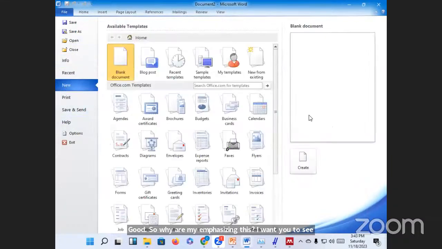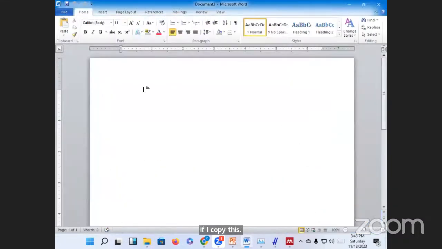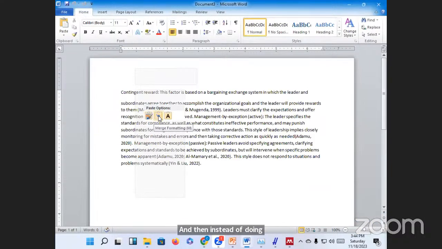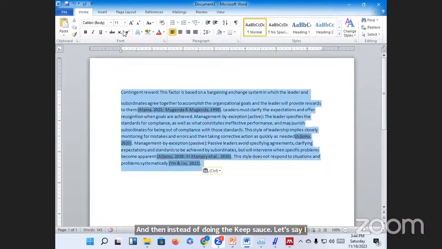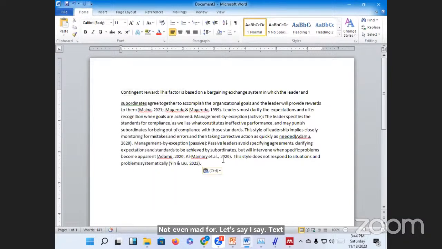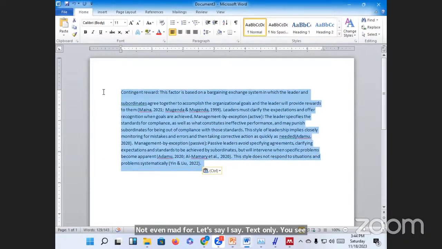and I take it to a new document, and then instead of doing keep source, let's say I say merge formatting. Not even merge formatting. Let's say I say text only. You see now, on text only, I have lost that capacity. And this is what happens sometimes when you are sharing your document with your supervisor and it is moving from Word version, someone copied, someone pasted,